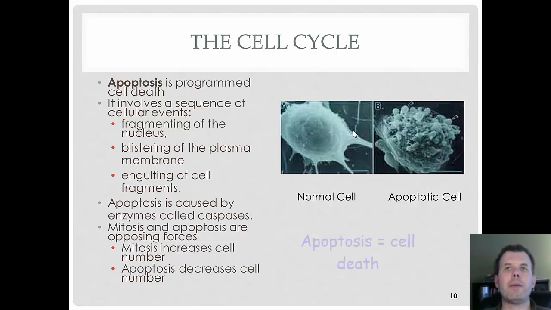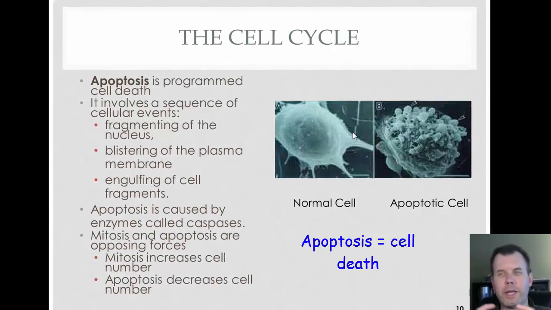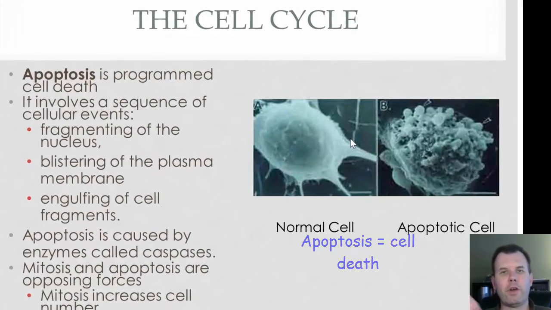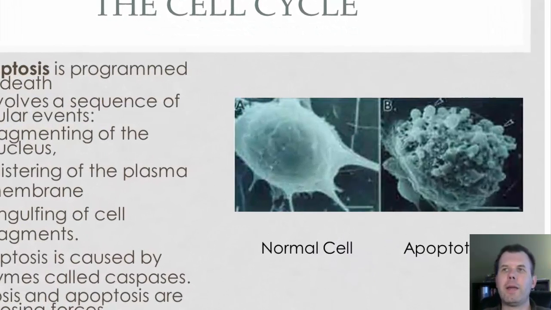Well, we call this apoptosis, and this is just a fancy word meaning programmed cell death. And so when the cells divide, you can undergo apoptosis. It's basically a sequence of events in which the cells start to look abnormal, they kind of round up, balloon up, and they start blebbing off to the side. You can see an apoptotic cell here compared to a normal cell. You see all these little blebs, it looks like a virus might have gotten it. Little pieces or fragments come off the cell and eventually it just disintegrates into nothing.